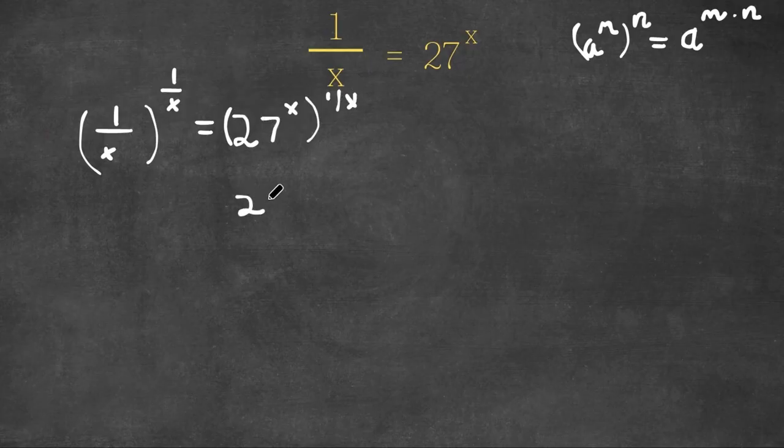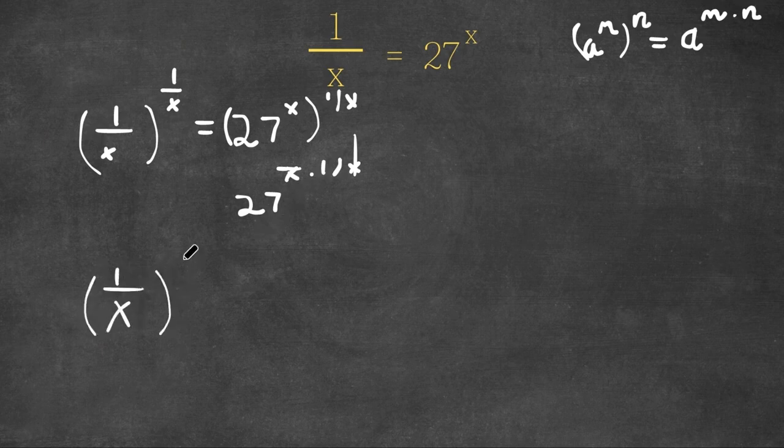This would equal 27 to the power of x times 1 over x. For x times 1 over x, these x's simply cancel out, and we are simply left with 1. So this would be 1 over x to the power of 1 over x